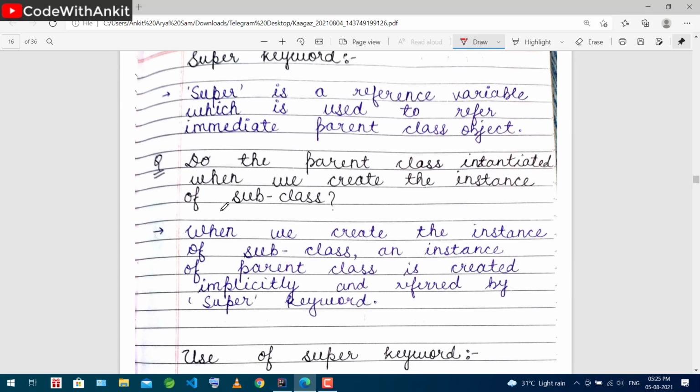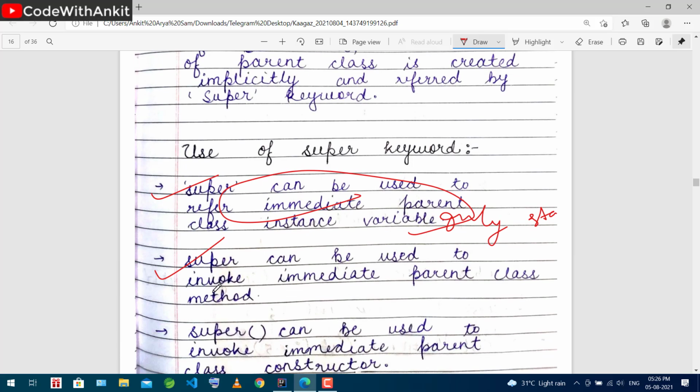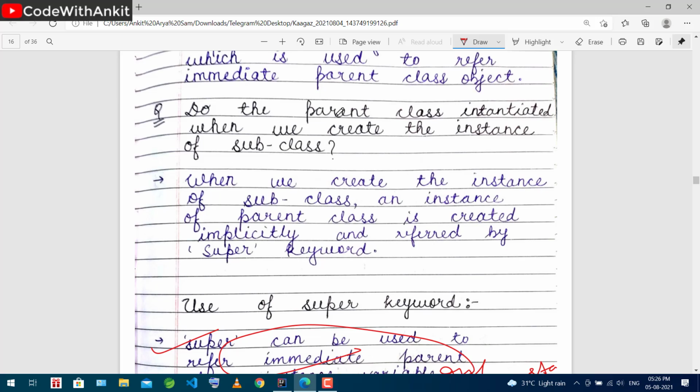Now one more question, and then we will move to the third use. Is the parent class instantiated when we create the instance of a subclass? It means when we create the object of the subclass, does the parent class also get memory allocation? The answer is that when we create the instance of the subclass, an instance of the parent class is created implicitly and referred to by the super keyword.